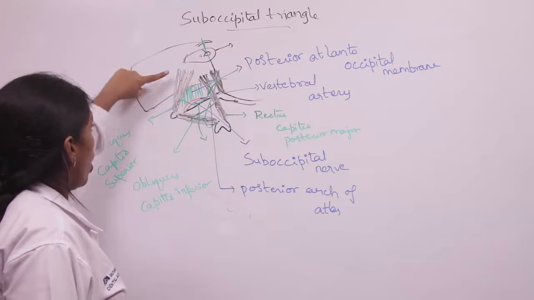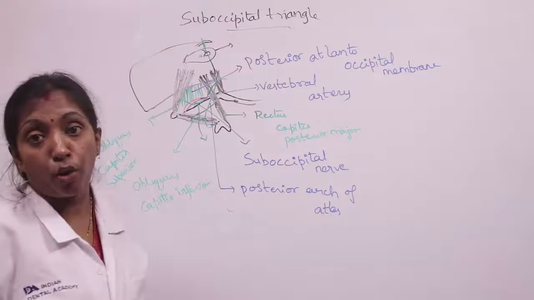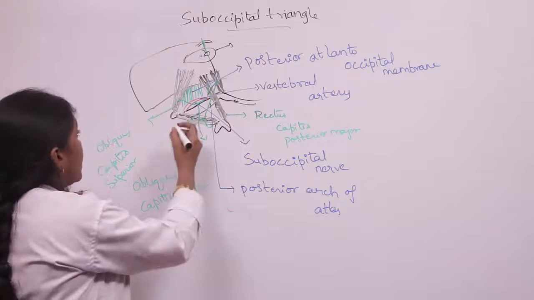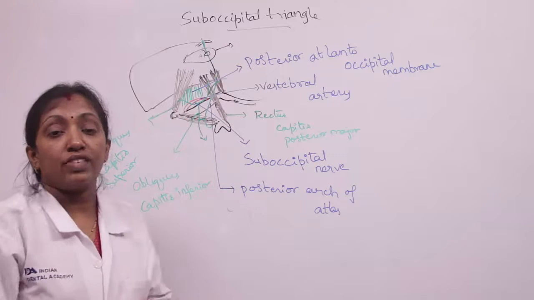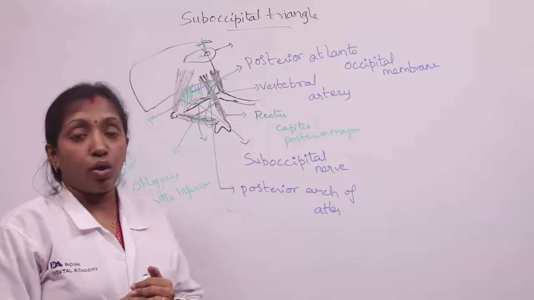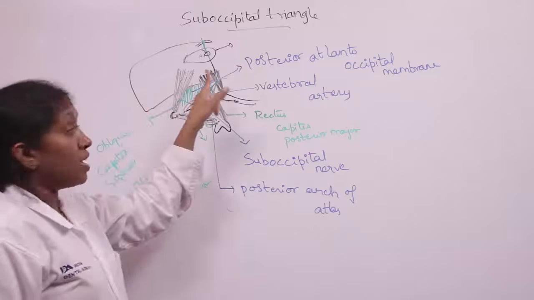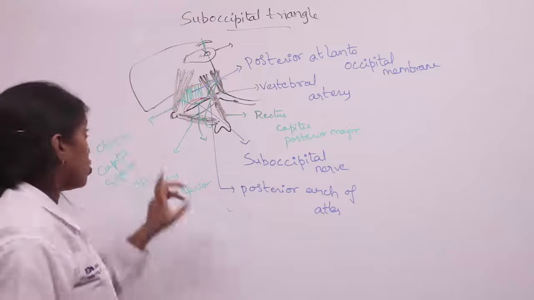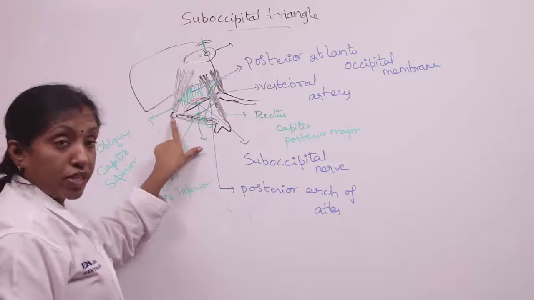Superolaterally we have one muscle that is called obliquus capitis superior. This obliquus capitis superior arises from the transverse process of atlas. We know that cervical vertebrae are 7 in number. Out of this, the first vertebra we call as atlas. So the obliquus capitis superior, which forms the superolateral boundary of the suboccipital triangle, arises from the transverse process of